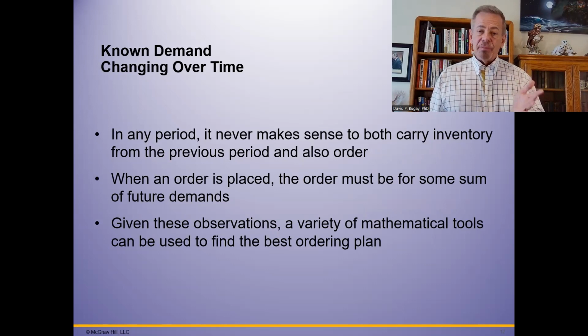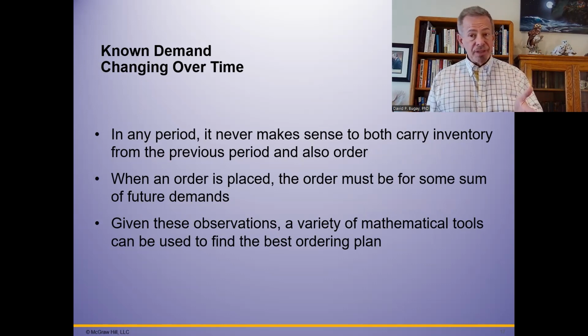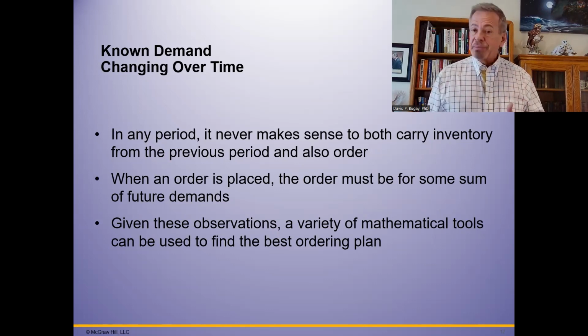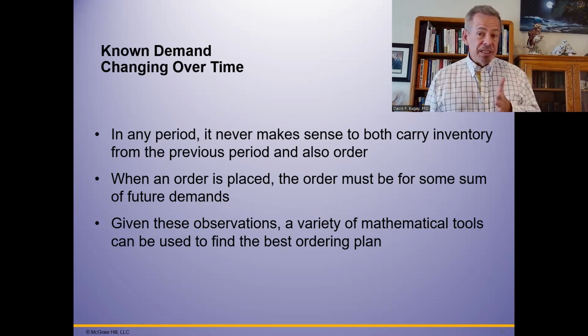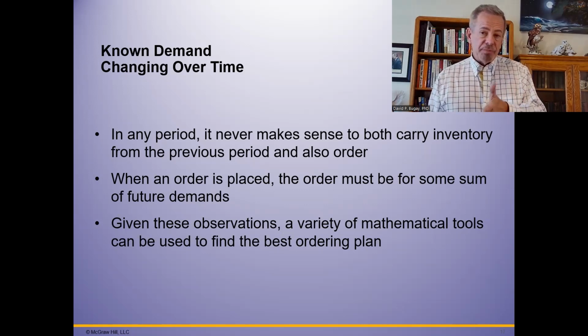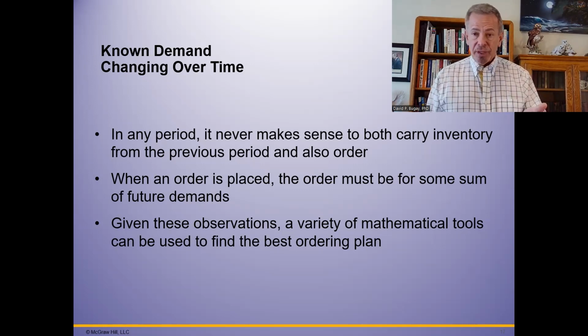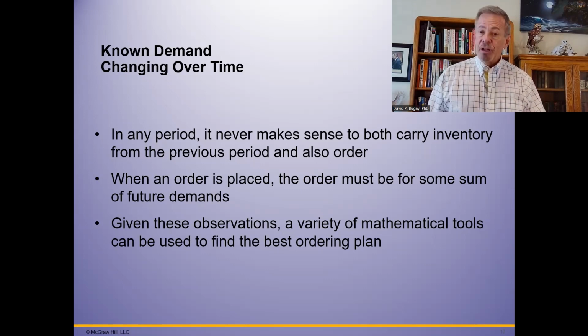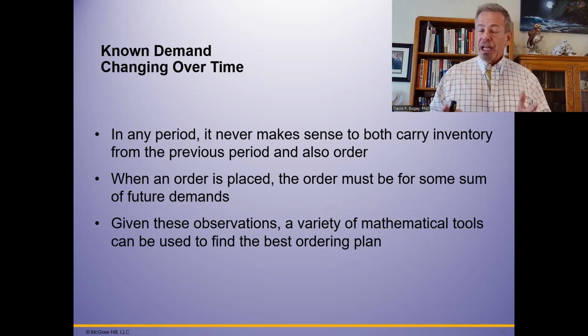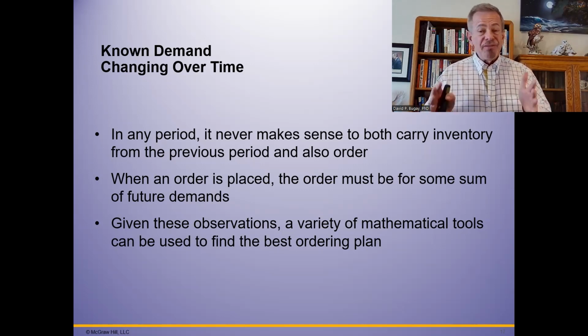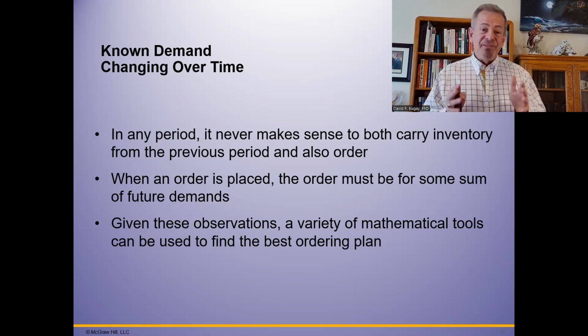In any period, it never makes sense to both carry inventory from the previous period and order. Sometimes you carry things over and don't order. Sometimes it's a smart move, and sometimes, depending on your industry, it's a really bad move. If you're in the fashion industry and you're dealing with fast fashion, you're dealing with people who have cheap labor or even prison labor making clothing. They're cranking fashion out and selling it, and after 3 months, they shift to something else, selling it at ridiculously cheap prices. That's why they call it fast fashion, because of low pricing and fast changeover.